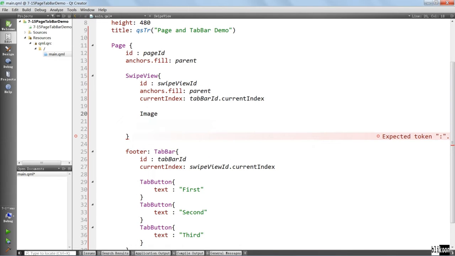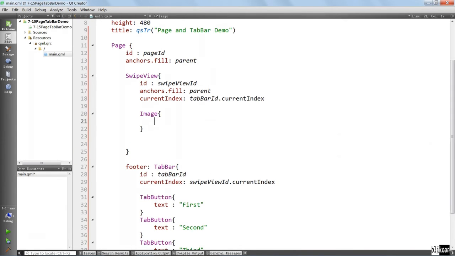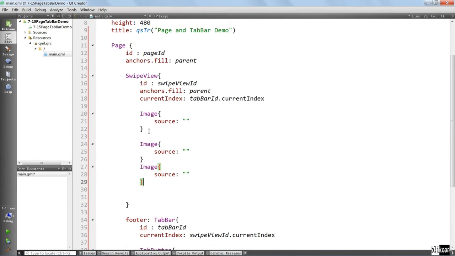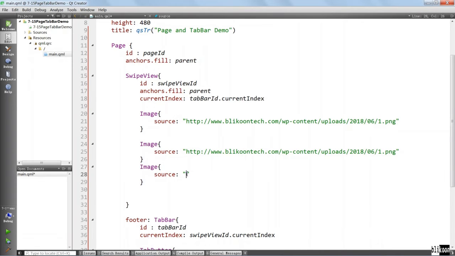And now we want to put something inside the SwipeView here. I am going to put in 3 image components and set their source property to something. We are going to get our images from the internet this time. If you want to use local images, you already know how to do that. Please check the SwipeView and page indicator lecture. And in fact, we are going to use the same images we used in that lecture. So I copy and paste this a couple of times, and change the names for these images like this